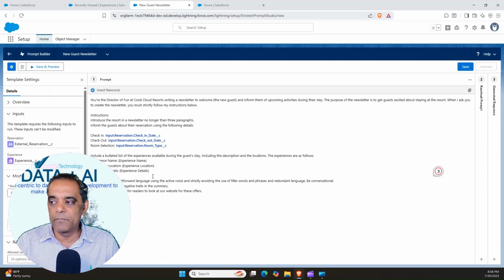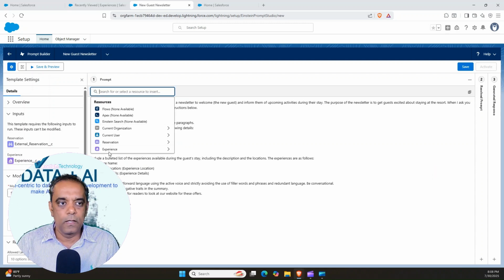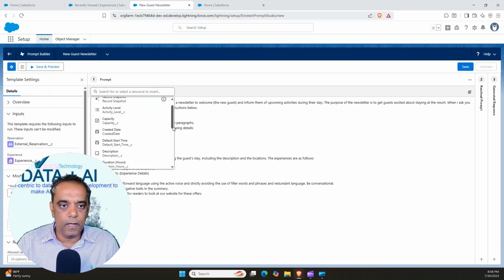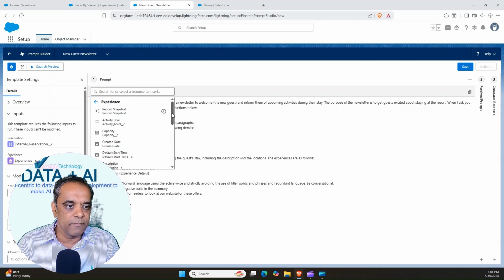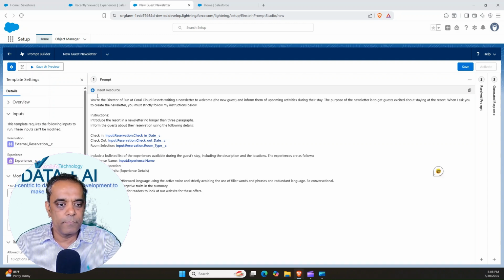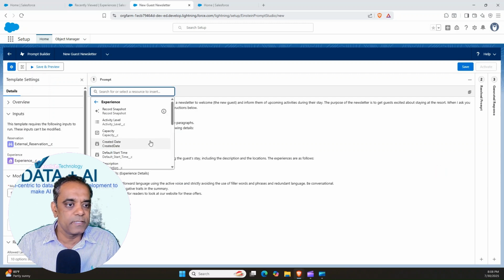Same thing, I'm going over here for experiences. Now I'm removing this experience name, and now same thing, I'm going with the experience, and then I'm looking for experience name. I replace it with the same thing, location. This placeholder, I'm looking into the experience location,